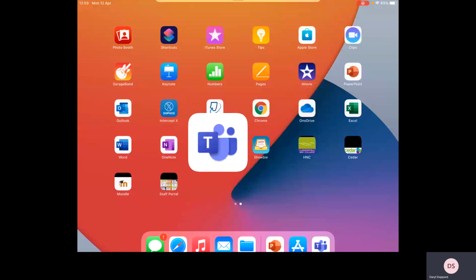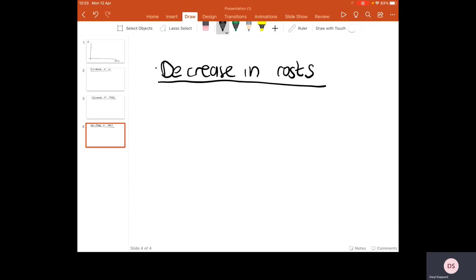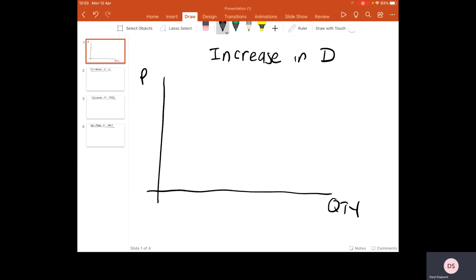Hi everyone, in this video what we're going to be looking at is how can we show the impacts on profits of shifts in revenue and cost curves. Now with this in mind then, I'm going to start off by drawing you a position where a firm is